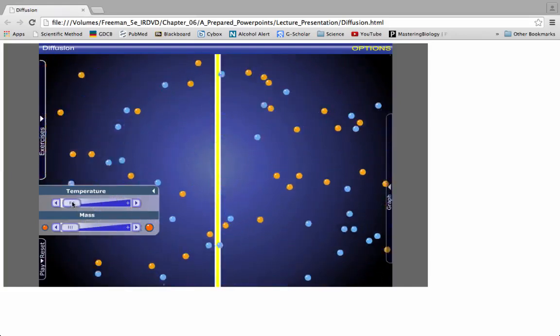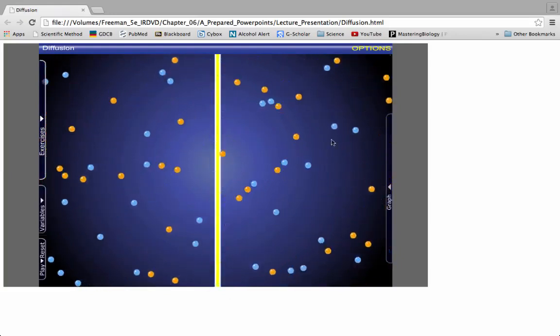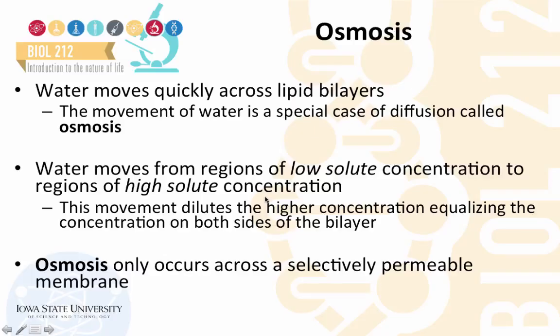Decreasing the temperature of the system results in a slower movement of molecules. The specific movement of water across lipid bilayers is a special case of diffusion called osmosis. Water is special because it moves from regions of low solute concentration to regions of high solute concentration. So the thing to keep in mind here is that water always follows solute. As a result, this movement of water dilutes the higher concentration, equalizing the concentration of a solute on both sides